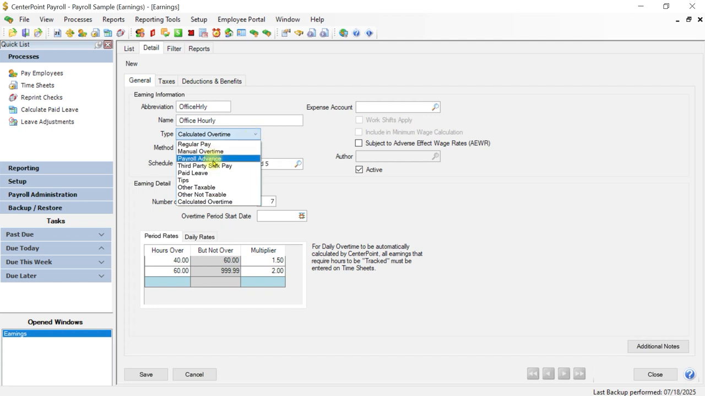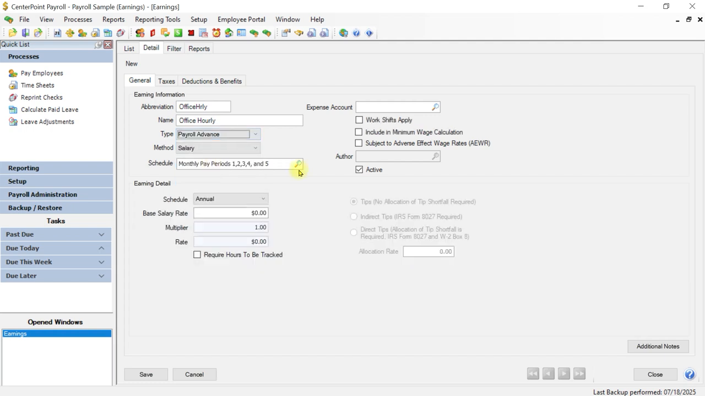Another type of, or another method or type of pay that you might have an earning for is a payroll advance. You can pay payroll advances out of payroll. And if you do, you're going to usually do that with a method of a fixed rate. And under the expense account is the information that is going to be a little bit different for this type of earning. Usually when you're setting up an earning, you're going to put it to an expense account, but something